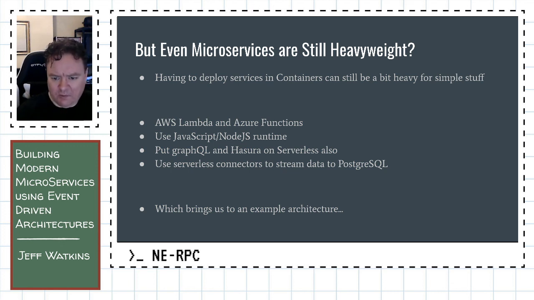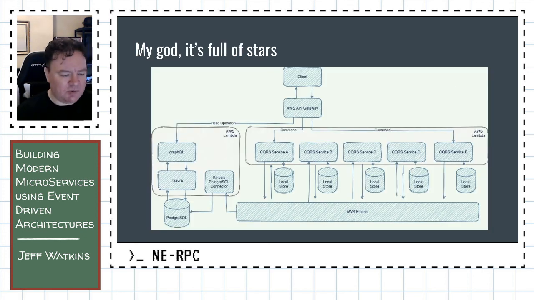But GraphQL with serverless and some of the other technologies gives us loads of flexibility. Using something like AWS Lambda or Azure Functions or Google Cloud Functions makes life a lot easier. I'm going to show an example architecture. This is a very simple example architecture, very similar to what's been used by a current client. And if you don't want to use Postgres, you can use Mongo and Stitch. But this basically separates the